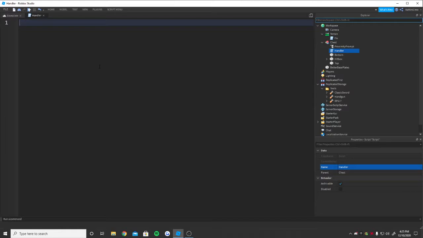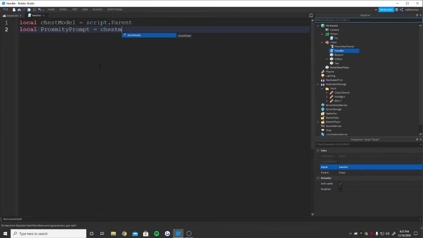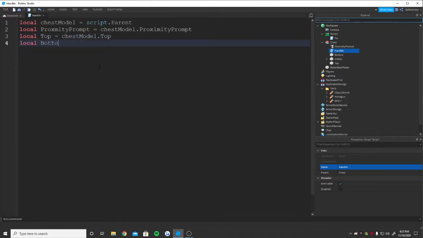So firstly we need to get the chest model, call it chest model, and get it. Next we need the proximity prompt, so chest model dot proximity prompt. Then we need the top and a bottom,